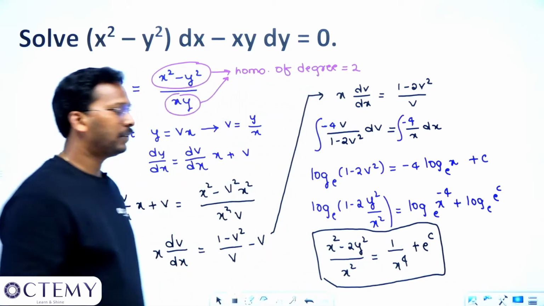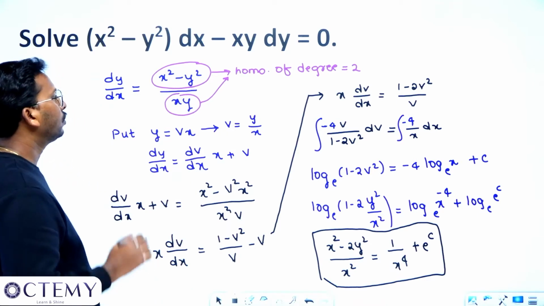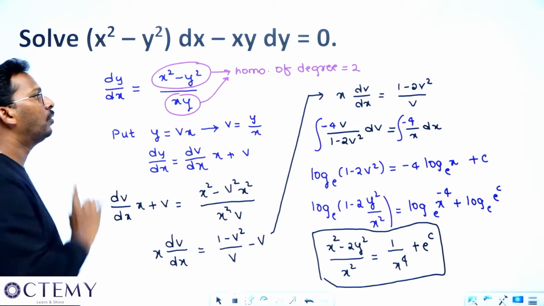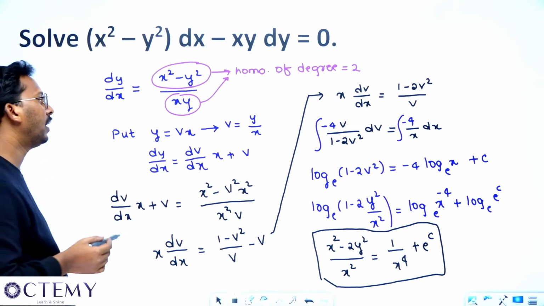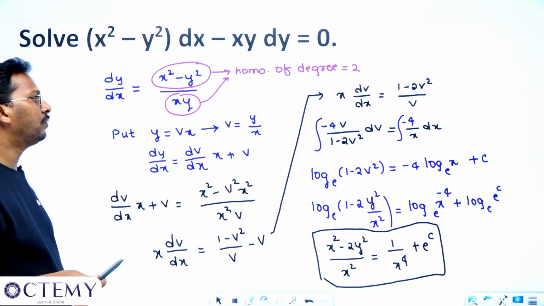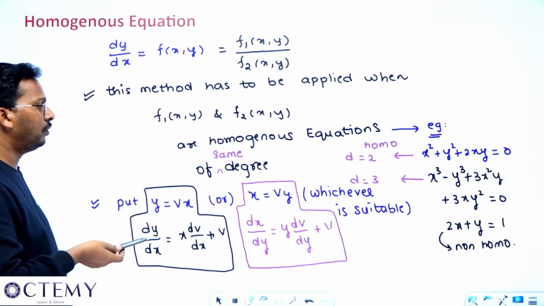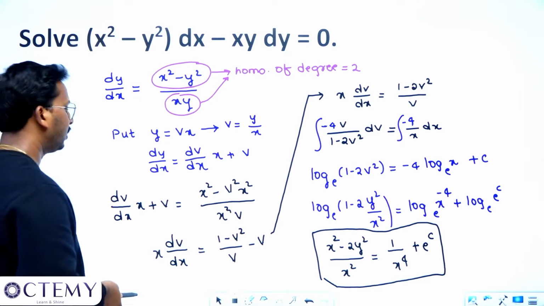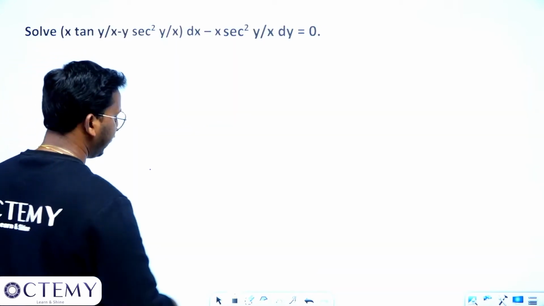This will be the solution of the differential equation. Right? So very simple thing, sir. You have to write dy by dx and it has to be a homogeneous equation. If it's a homogeneous equation, then what will happen? Put either y is equal to vx or x equal to vy. Then you do the substitution, you will get the answer. Right? Very good, sir. If I go to the next question, see what is asked in the next question.